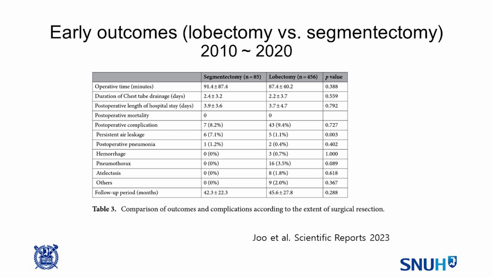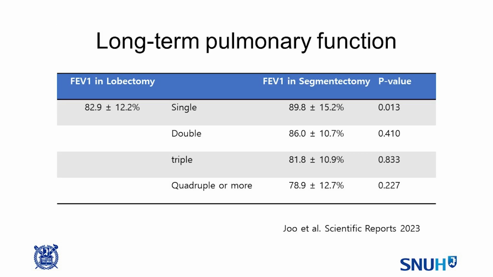This paper is a comparative study between segmentectomy and lobectomy, and it shows similar outcomes in the early stages. An interesting point is that while segmentectomy had a higher incidence of air leakage complications, overall complication rates did not significantly differ between the two groups. In other words, despite the technical complexity of segmentectomy, we can say that it yields early results similar to those of lobectomy. Furthermore, comparing the pulmonary function tests between these two patient groups, we observed that the reduction in FEV1